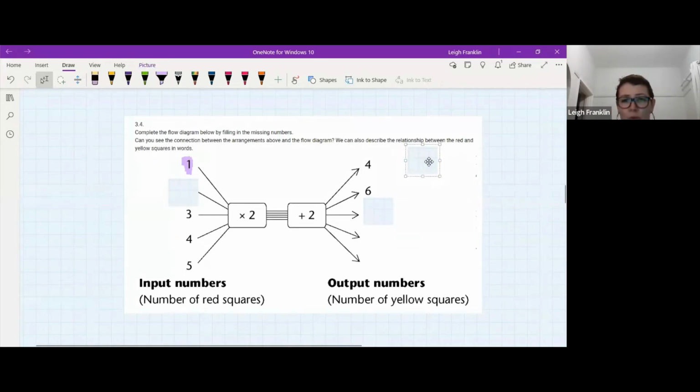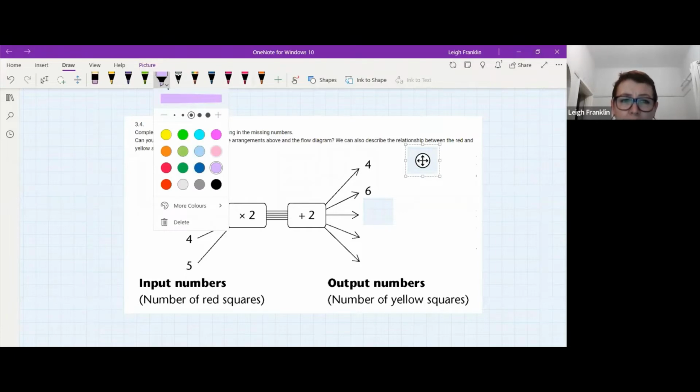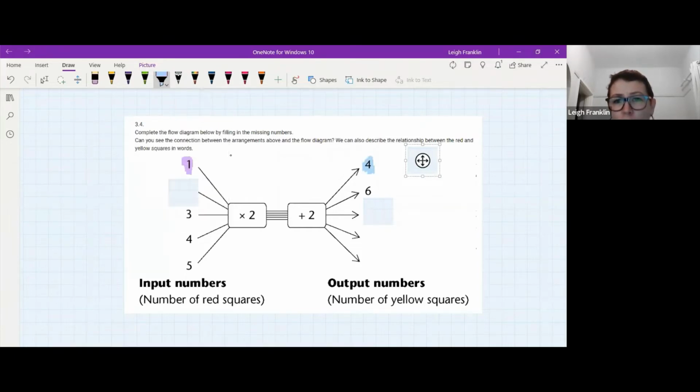4 yellow squares. So now we can say to ourselves, well, 1 is going in and something is happening to it, and 4 is coming out. So in this particular rule, 1 is going in, we're timesing it by 2, and then we're adding 2 in order to get the number of yellow squares. Our input numbers are our red squares and our output numbers are our yellow squares. All right, so the next question is, if we wanted to get 6 yellow squares out, how many red squares